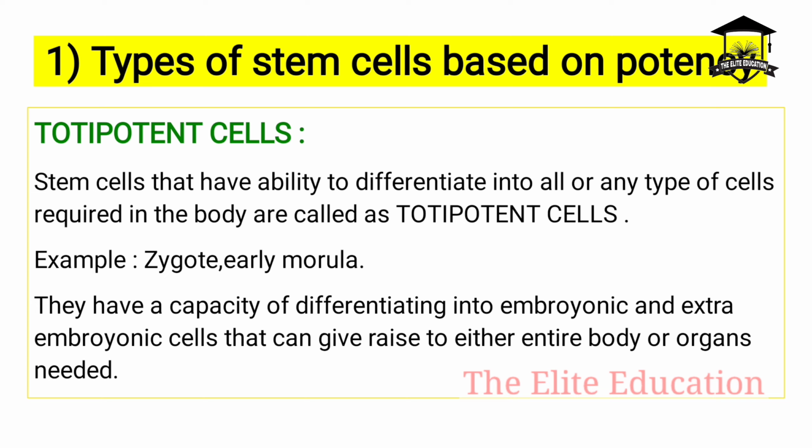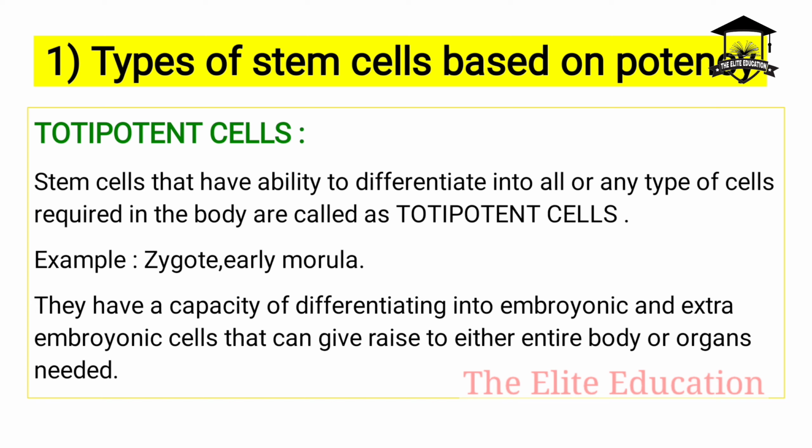For example, if you take a single cell out of it, it can differentiate into HSC, that is hemopoietic stem cells, or it can give rise to cells that can ultimately end up being a brain or the liver or different organs or a skin, whatever. It can give rise to any kind of organ,